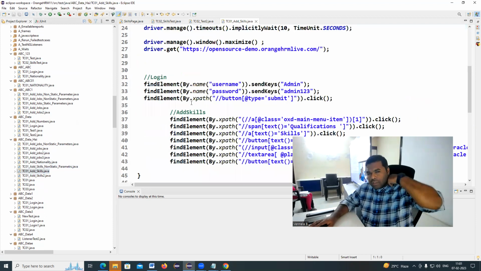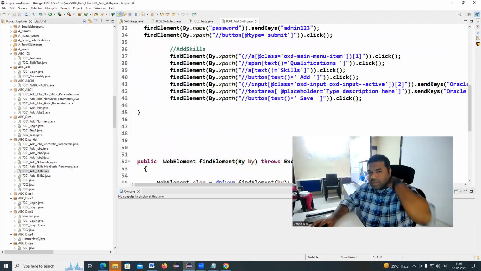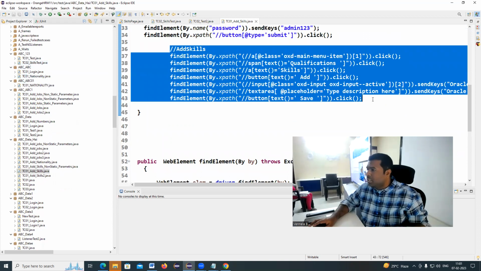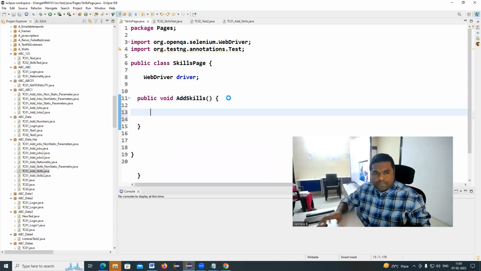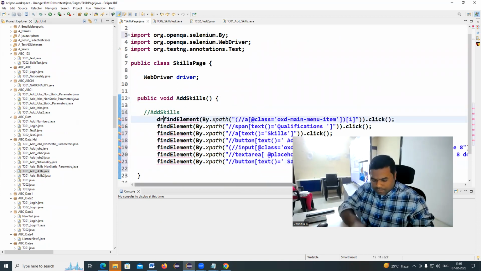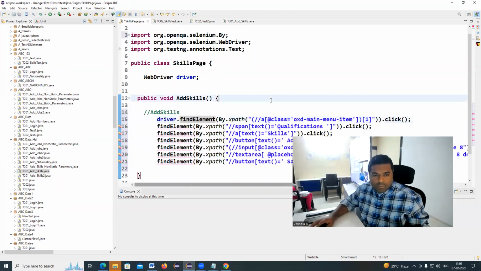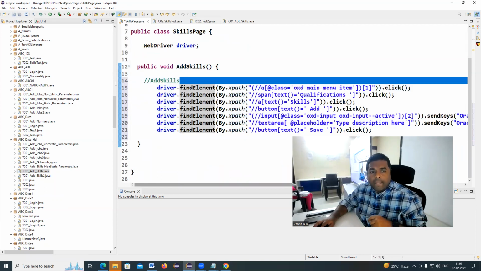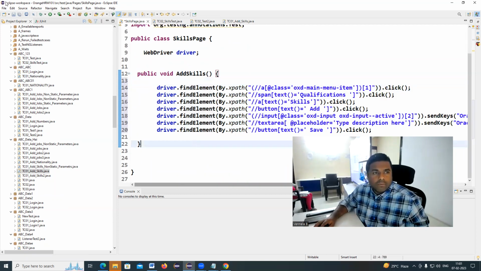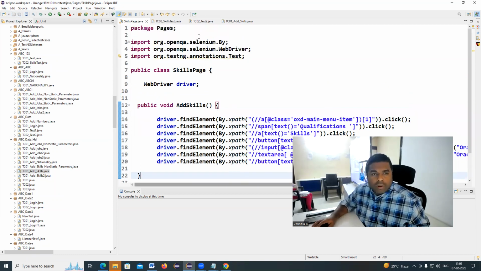All right. So now, set of driver commands, add skills. So these are the commands. Control C. I'm going back to my skills page and I'm pasting here. So set of driver commands are available under add skills. Clear, right? So now let's close everything and